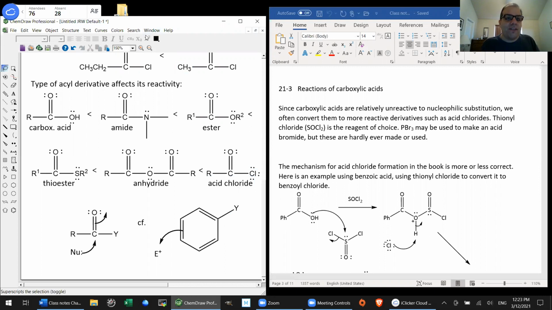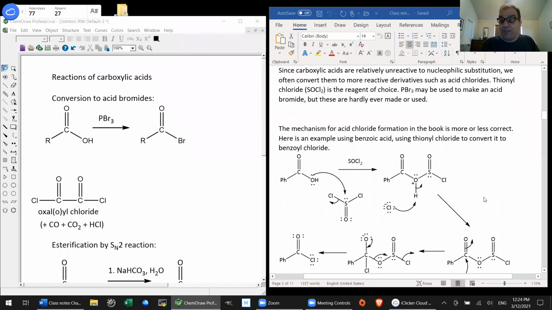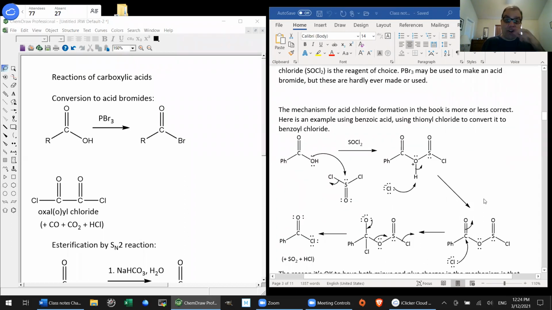Good. So with that being said, let's then continue on with some reactions of nucleophilic acyl substitution reactions that involve carboxylic acids and also other reactions of carboxylic acids. So a lot of this is review. I think we've already talked about thionyl chloride as a reagent to convert carboxylic acids to acid chlorides. And again, this is very useful because you're going from the least reactive acyl derivative to the most reactive one